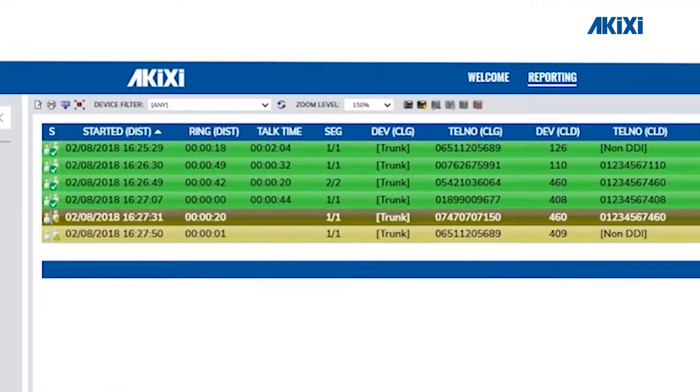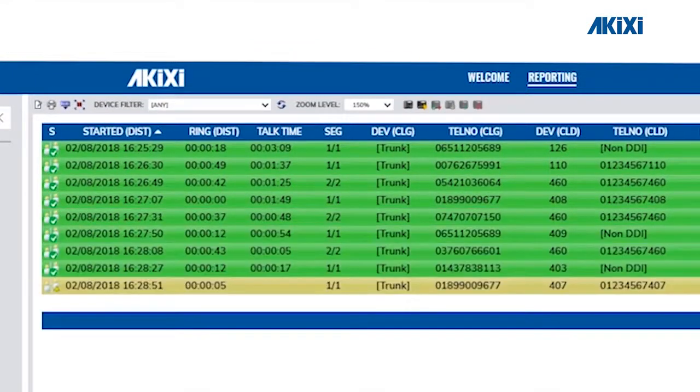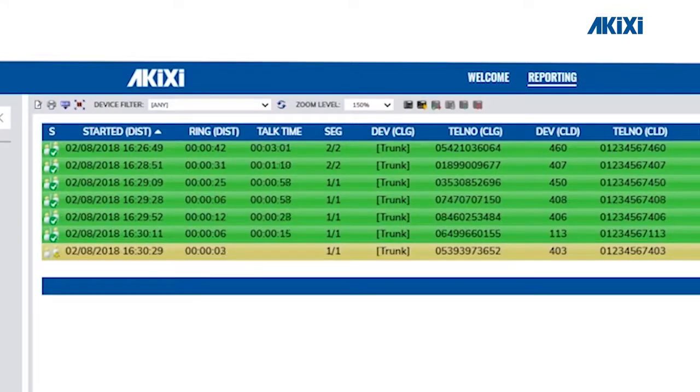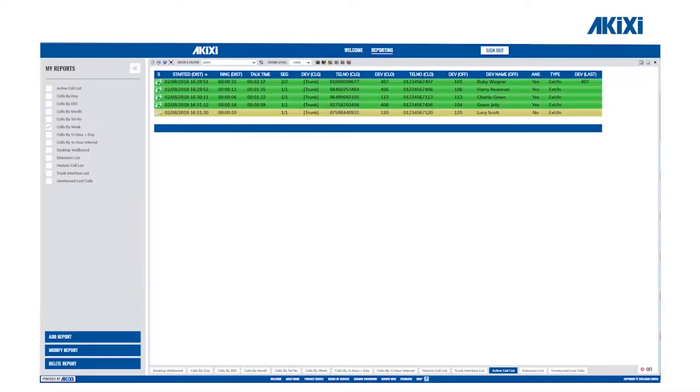As you can see from this active calls list, which is the first Akixi 1000 report we're going to look at, each state of a different call is represented by a different colour. In this instance, the green rows are currently representing an active call, with a yellow row representing a call that's yet to be answered. So the active calls list gives you a view of all the calls that are currently